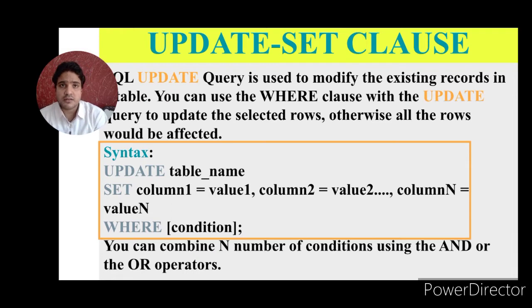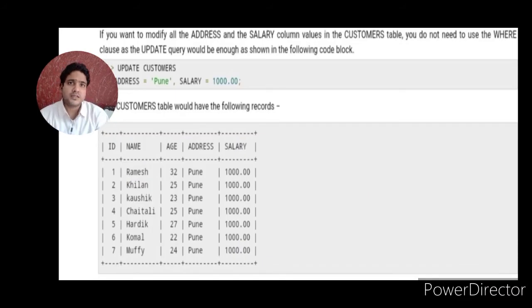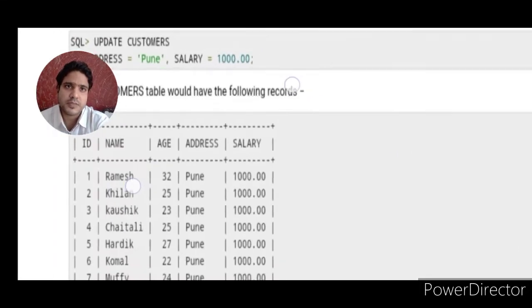So now we take an example. Let us consider this is the table. We have considered this table in a previous example also. This table contains 5 attributes and 7 tuples, and 7 tuples means 7 rows with the values of the attributes. Now if you want to change all values of the attributes, we will write it in such a manner.